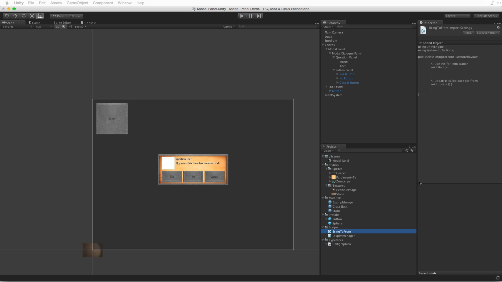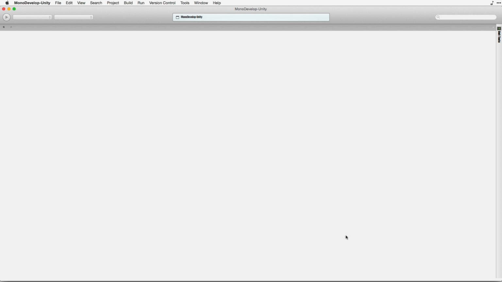Now, the reason for this is we want this modal dialog window, this modal dialog box, to be on top, at the highest level on this canvas. And because it has the wide panel, it'll also prevent us from touching anything underneath. And because of the color, it'll dim the game momentarily while we are asked our question. But because our draw order is based on the order in the canvas, or one of the ways that we can do that is the order in the canvas, we need a quick script, and we'll pop this into MonoDevelop,